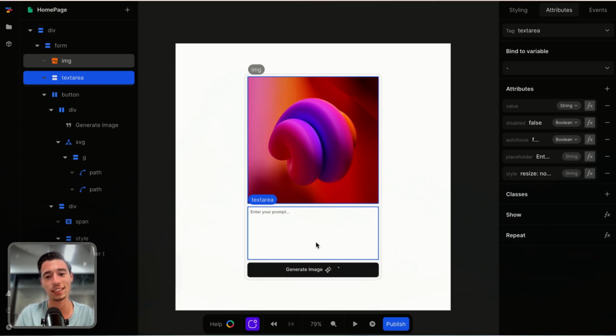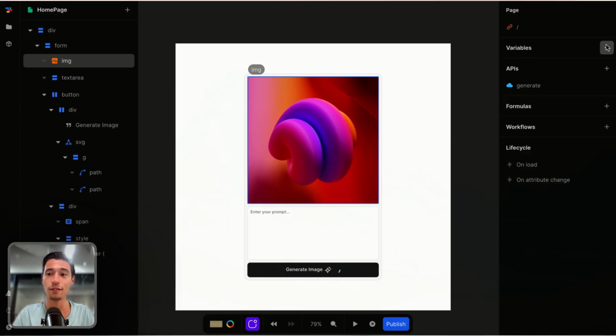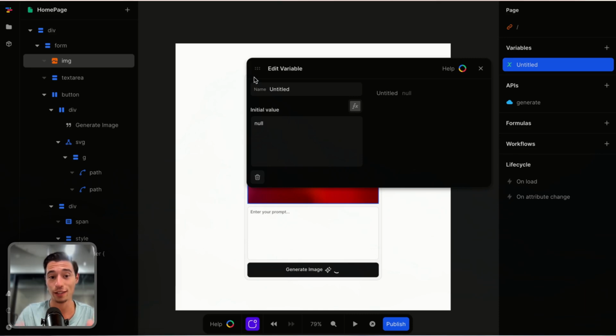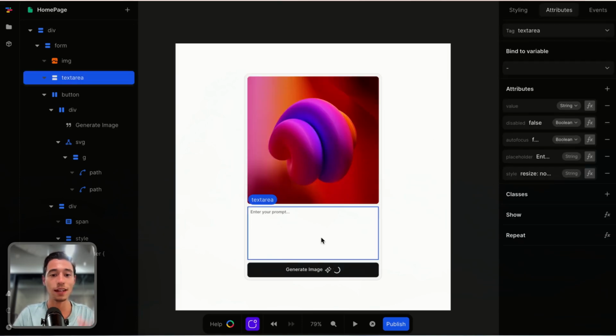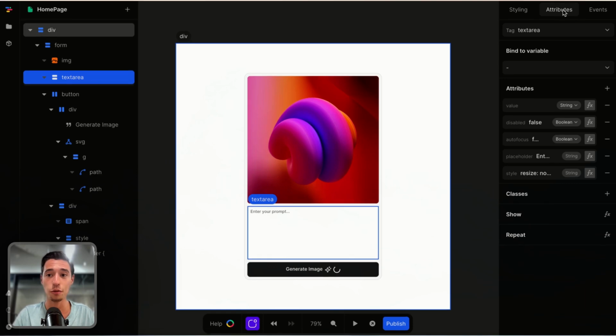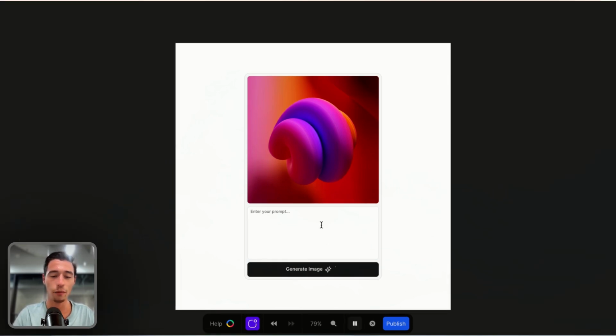But how do we access the prompt in here? Let's create a variable. A variable is a way how we can store data. And we call this prompt, right? And we start it empty. And I go to my text area, and I go to attributes, and I go to bind to variable, and I bind it to the prompt variable. So now when I type in here,